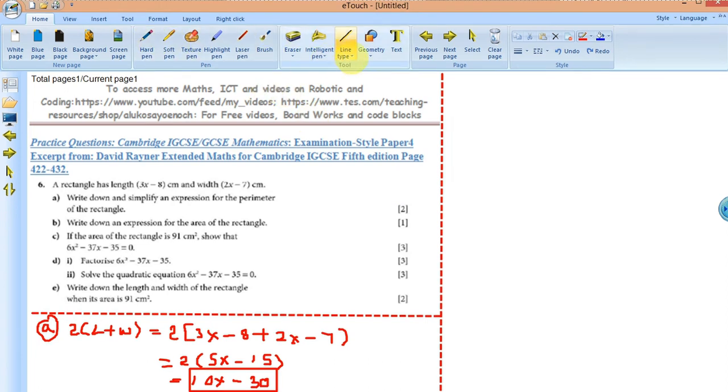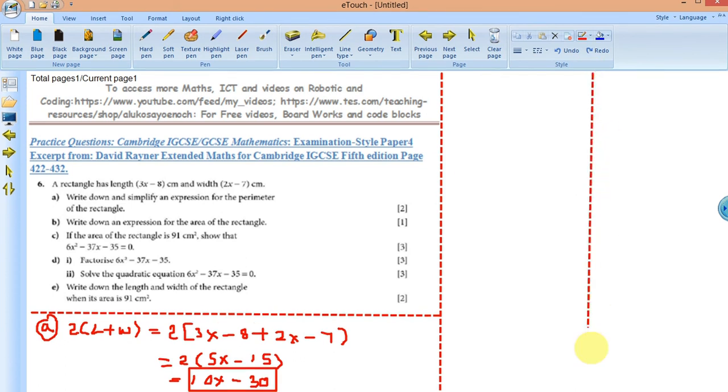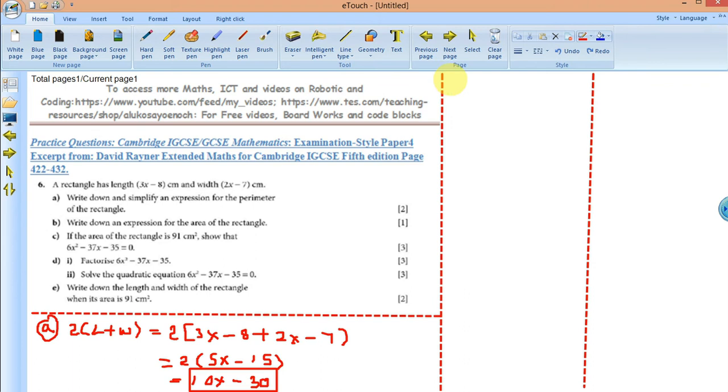B. Let's just go ahead and demonstrate. So now let's go ahead with B. Write down an expression for the area of the rectangle. So yeah, this is also pretty cool because this is a rectangle. So area is just length times width. So I'll just go ahead and multiply L times W. Okay, so that's done. So that's 3x